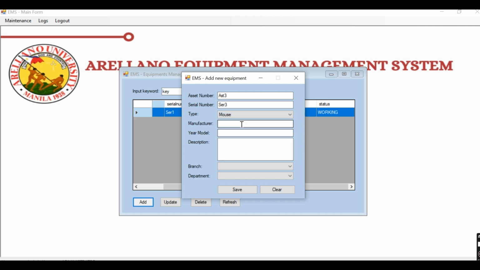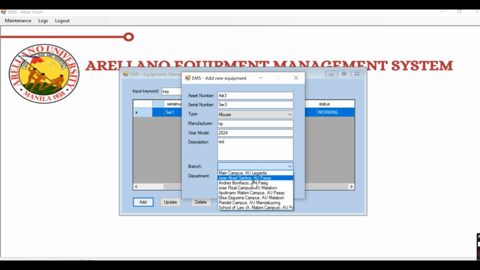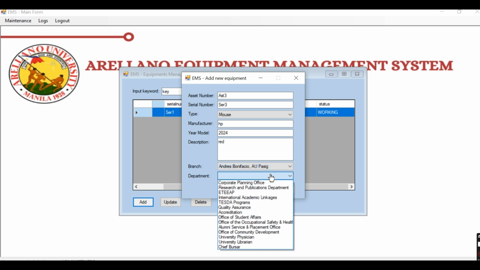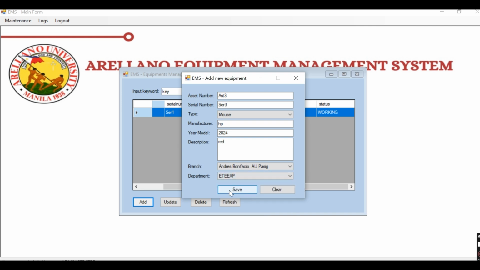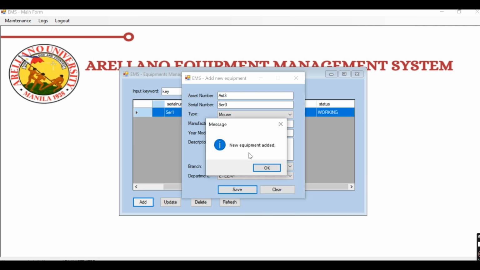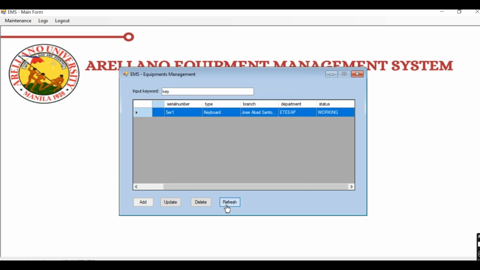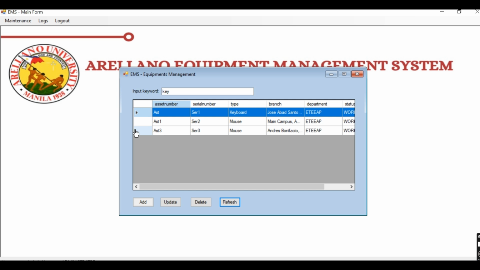We're going to use mouse, and which manufacturer, year model. For the year, it should be 4 digits only. The description, just red, and the branch, and the department. Then just click on save. The equipment was added.